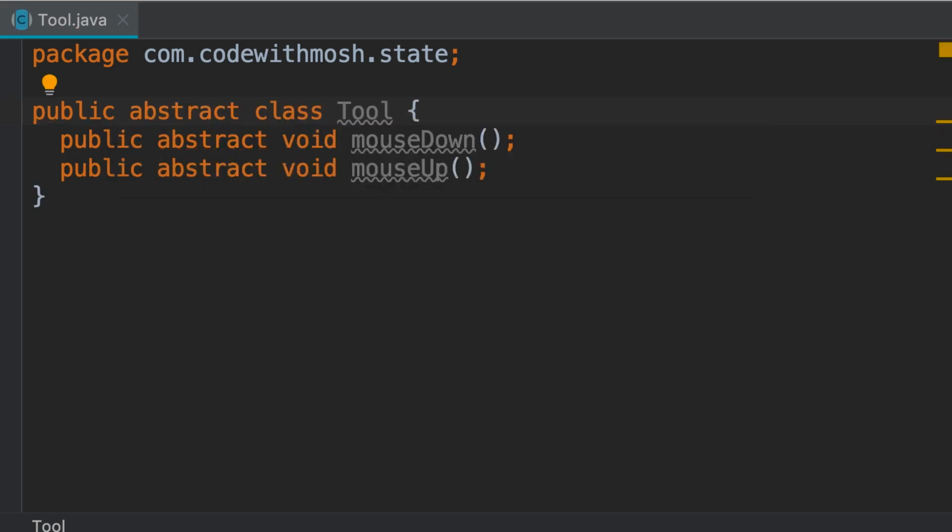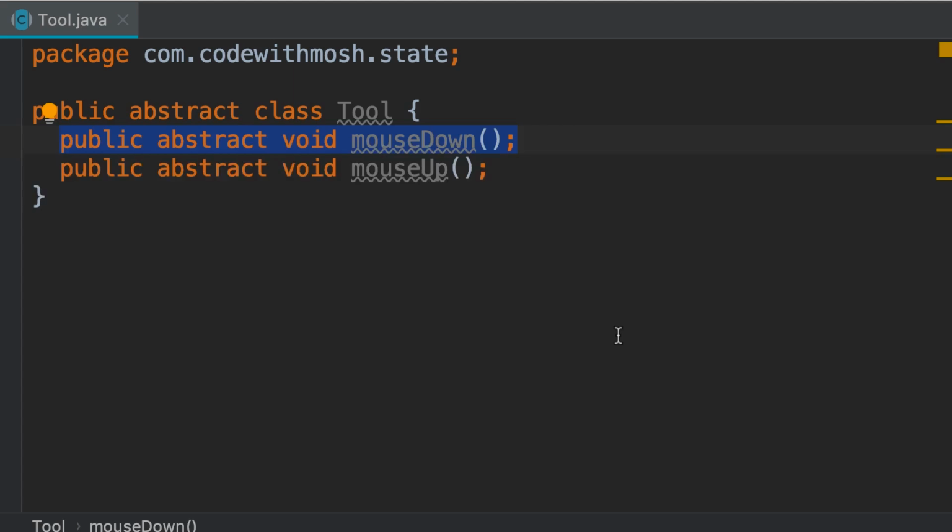Now, we could also use an interface here, because an interface is simply a contract that determines the capabilities that a class should provide. So earlier you saw that the methods in an interface don't have an implementation. They're exactly like our abstract methods here. Now, what is the difference between an interface and an abstract class? Well, they're both abstract concepts. We cannot instantiate them. We cannot create a new instance of this Tool class or the Tool interface. So because they're abstract and don't have much code,